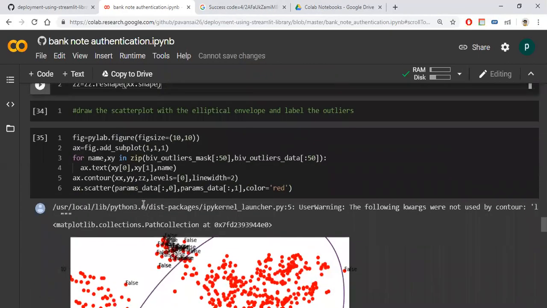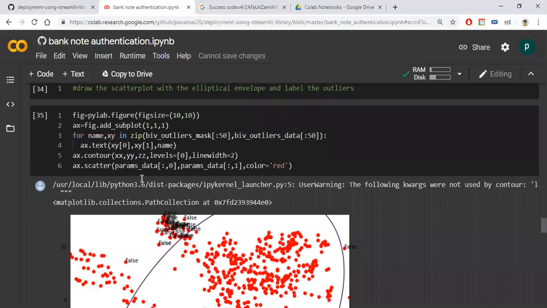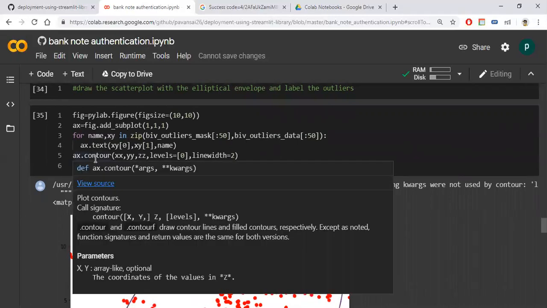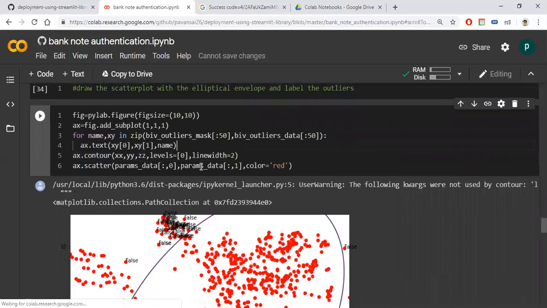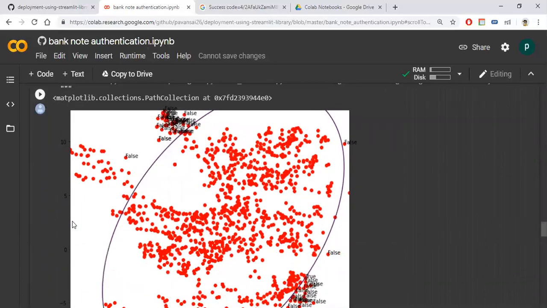I am zipping the two variables. I am drawing a contour plot because we need to draw the ellipse now. I take a contour for visualization purposes. Contour means a closed loop. Then I am drawing a scatter plot. See, the ellipse is drawn.